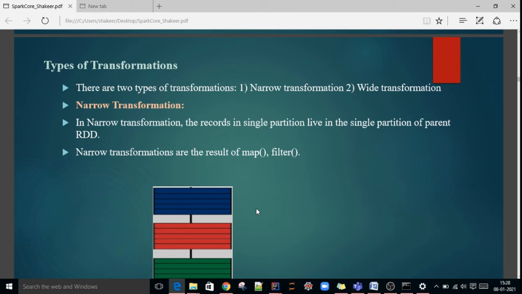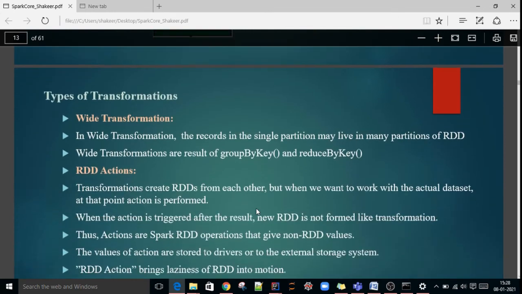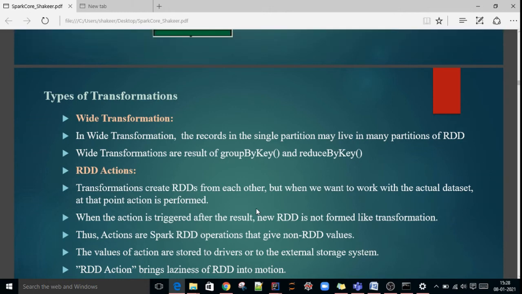And what is a wide transformation? If you are applying a transformation on multiple partitions, so your data will be processed in multiple partitions based on your transformation, that transformation is called a wide transformation. The name itself indicates that the transformation is applied on many partitions of the RDD.